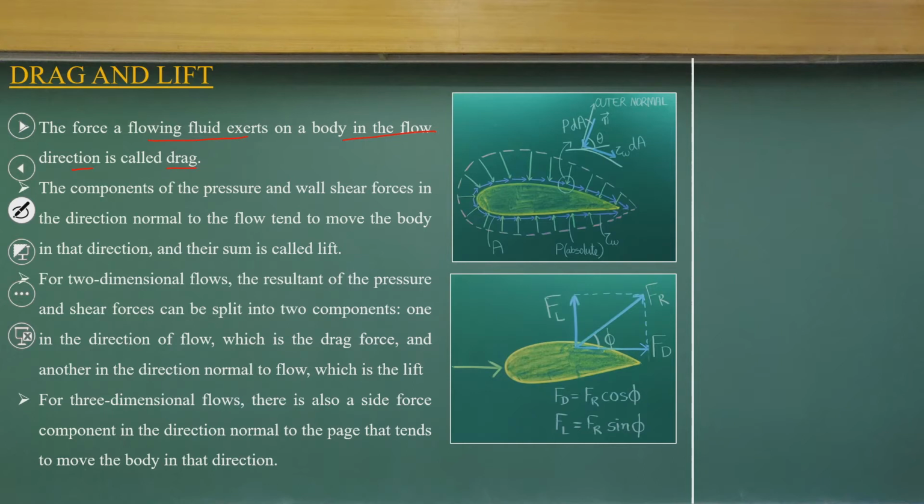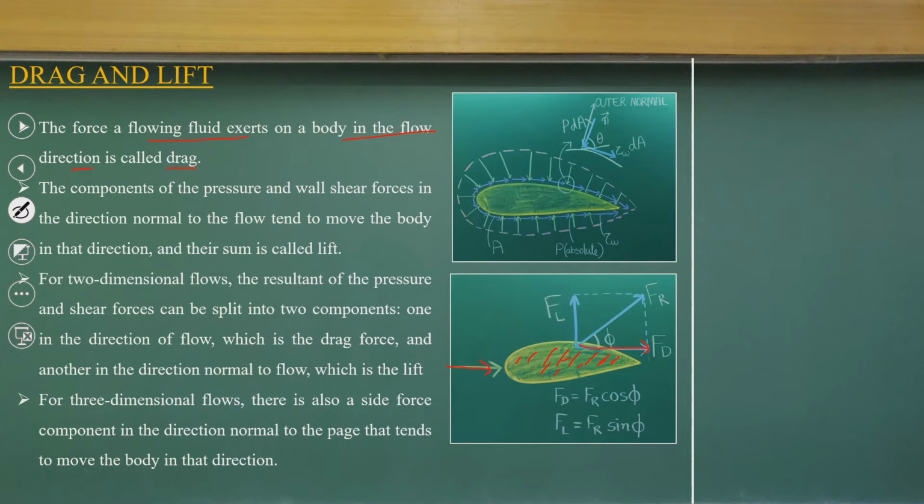So, in a flow direction, this is the flow direction. In this direction, there will be a force acting because of the boundary layer formations, because of the pressure difference. All details we are not going into, which we already discussed in the boundary layer concept. If I have a small